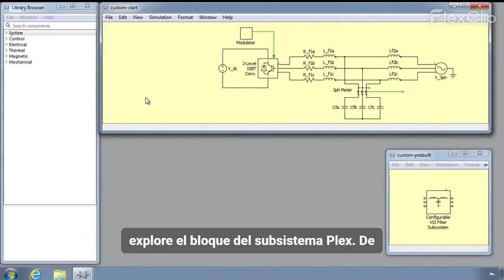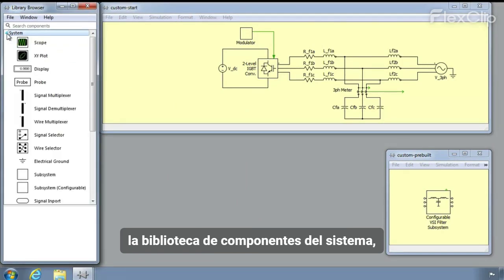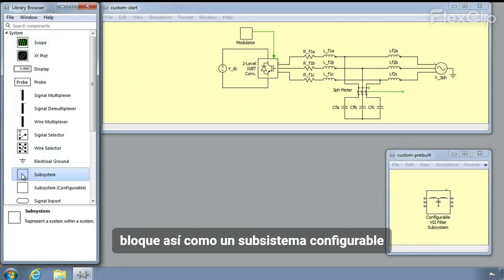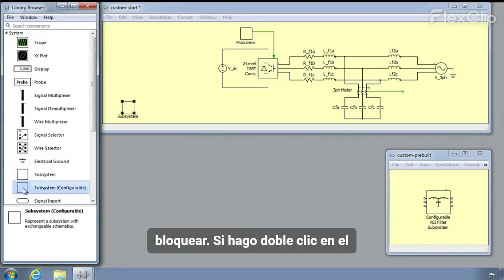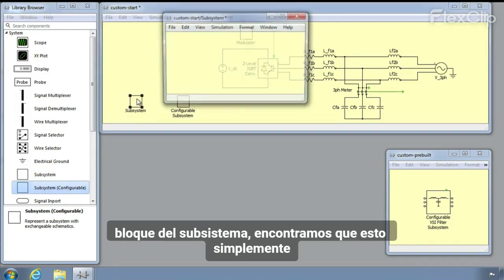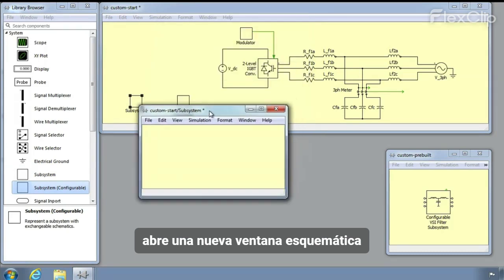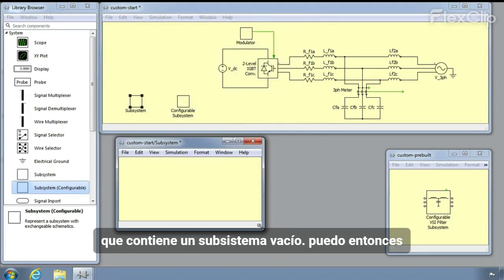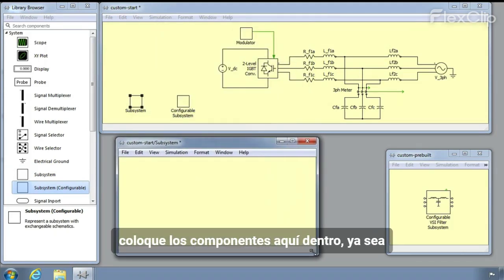Let's first explore the PLECS subsystem block. From the System Component Library, you will see that there's a standard subsystem block as well as a configurable subsystem block. If I double-click on the subsystem block, we find that this simply opens up a new schematic window containing an empty subsystem. I can then place components inside here, either directly from the library or from part of an